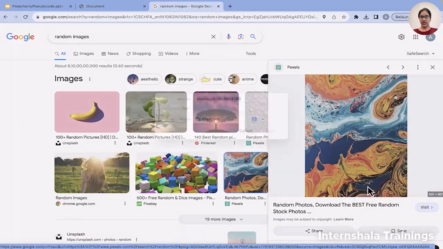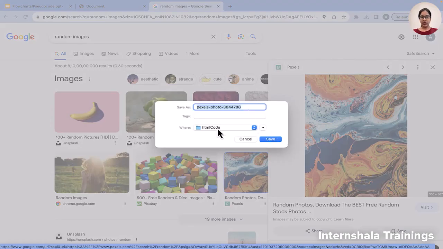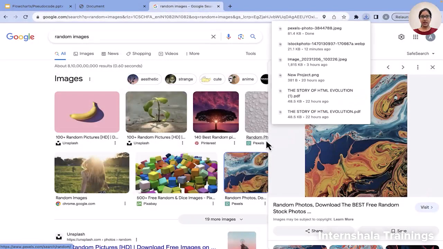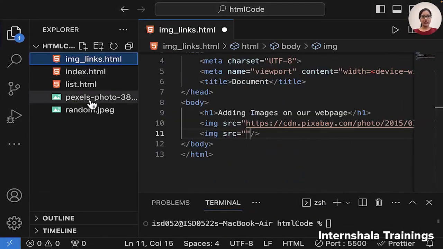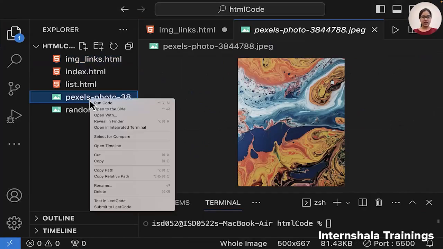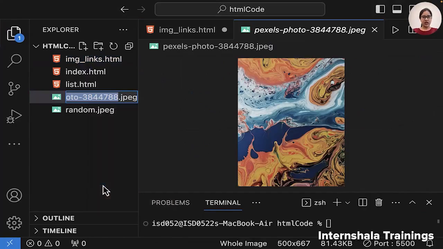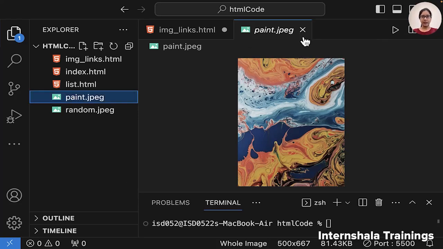I'm saving it inside the same folder which I have opened in Visual Studio Code. When I save this, if you see my folder, I got this picture here. Let me rename this to paint.jpg.